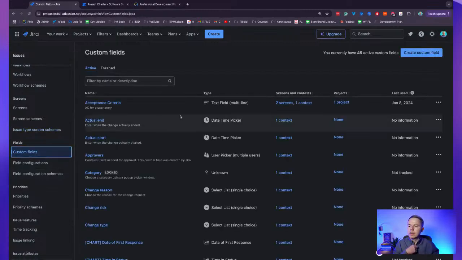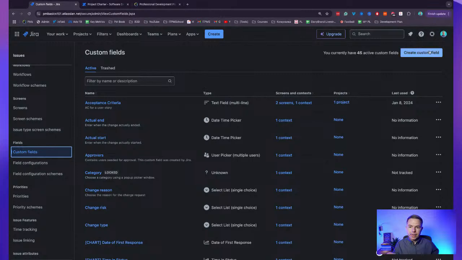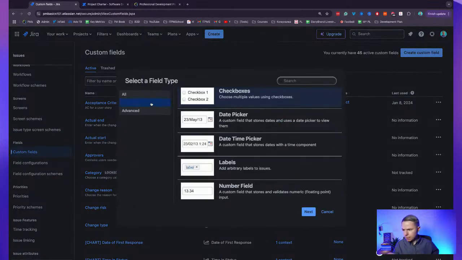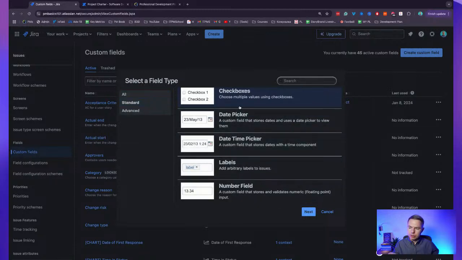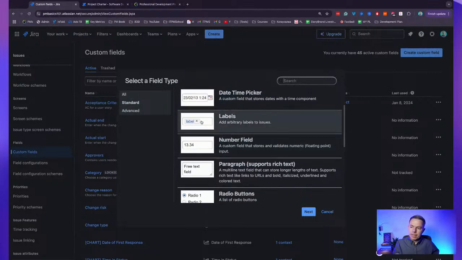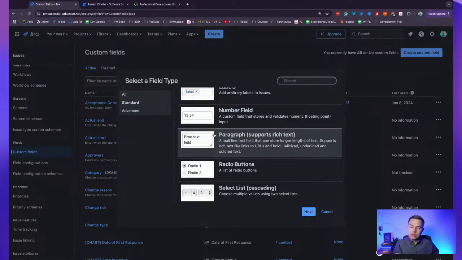Now, custom fields. This is where you can customize any ticket to any level that you want. You can add many different types of fields into a Jira ticket, and there is again a lot of customization of where this will show and when. But again, labels, numbers, dates, checkboxes if you need those. You can imagine that you can have checkboxes to say whether people saw this issue,